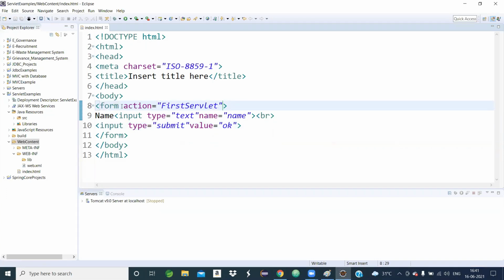That means whatever action is generated from the output of index.html, FirstServlet.java will execute, and that FirstServlet.java we have to develop.